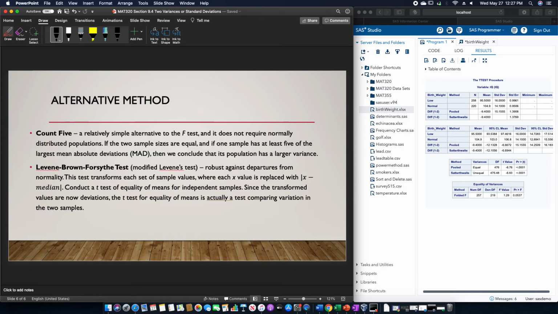And another alternative method is the Levene-Brown-Forsythe test, also known as the modified Levene's test. This is robust against departures from normality. This test transforms each set of sample values, where each x value is replaced with the absolute value of x minus the median, and then a t-test is conducted of equality of means for independent samples. Since the transformed values are now deviations, the t-test for equality of means is actually a test comparing variation in the two